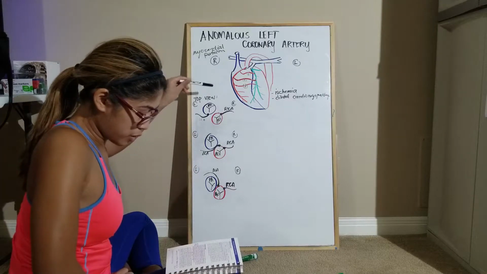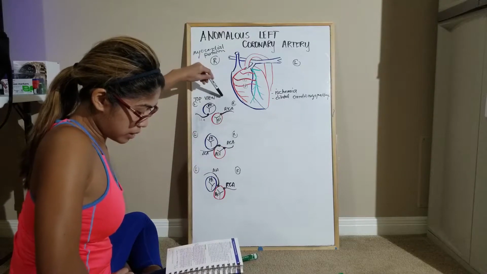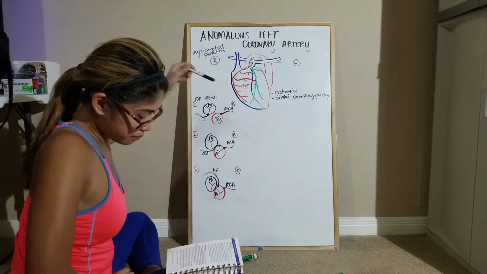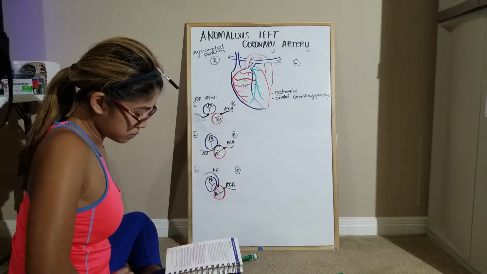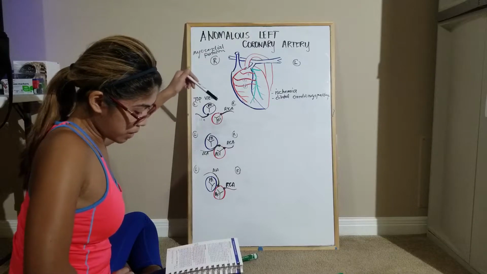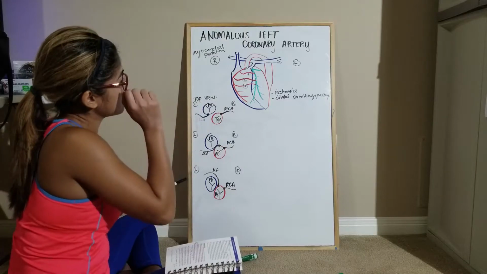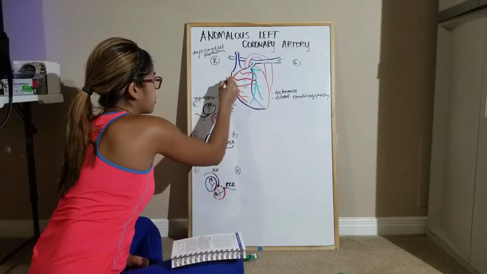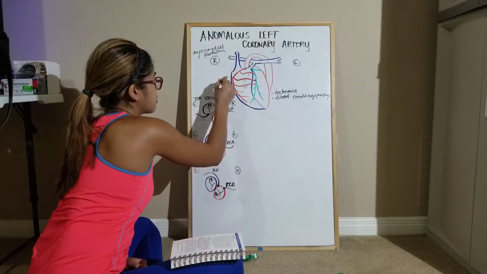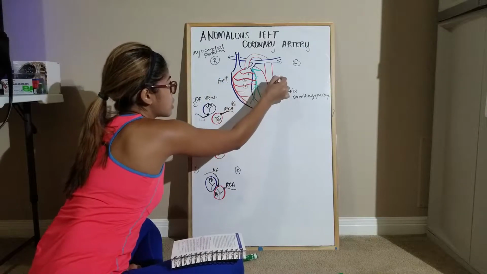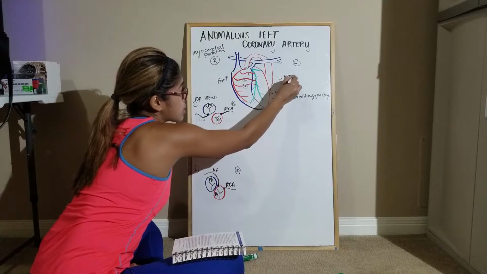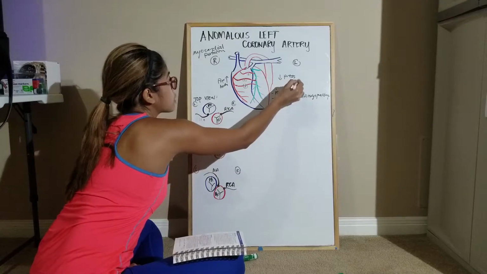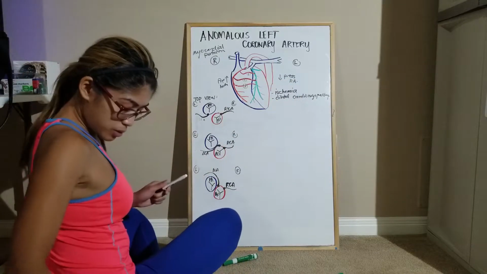the higher pressure, right, coronary artery stealing flow from the myocardium and shunting into the pulmonary artery. Okay, so what it does is this has higher pressure. The pressure is higher here. And this side has lower pressure because, like we said, it's from the aorta, and this one is from the pulmonary artery. So if that's the case,